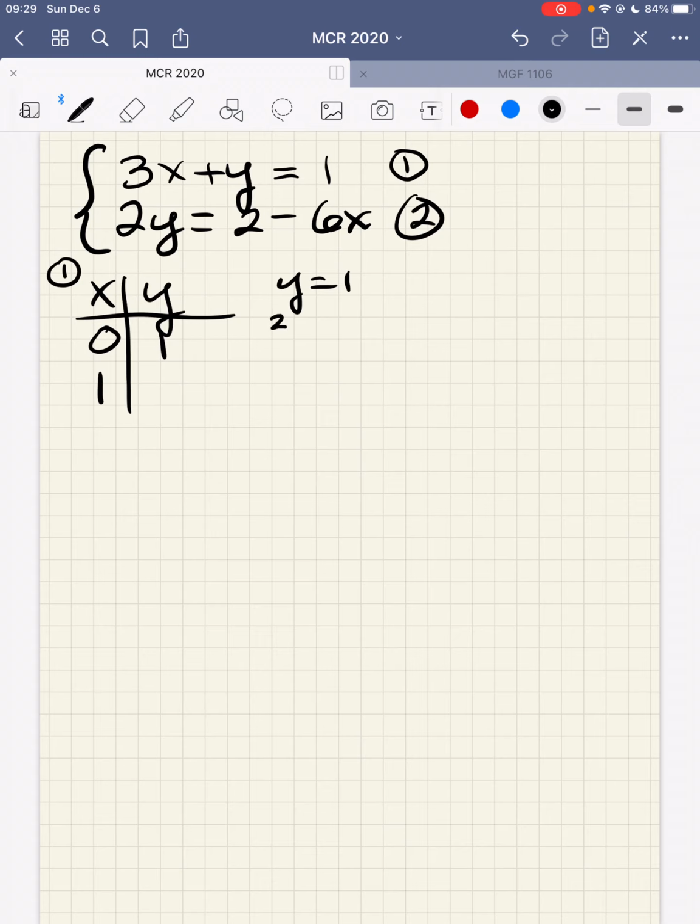If x is 1, I have 3 times 1 plus y is equal to 1. This is going to be positive 3. I'm going to subtract 3 from both sides, and y is equal to negative 2. And those are two nice points I could go ahead and graph. Right? Now for the second equation,